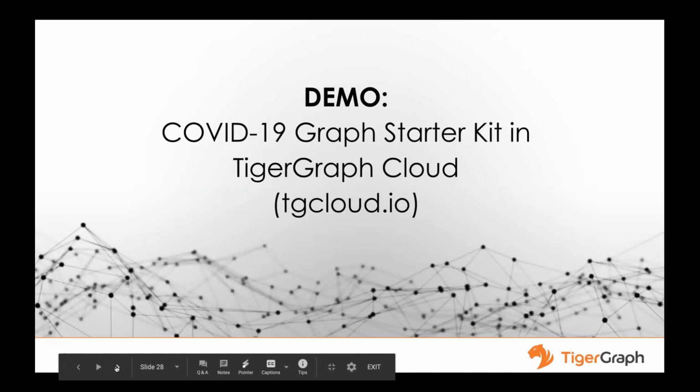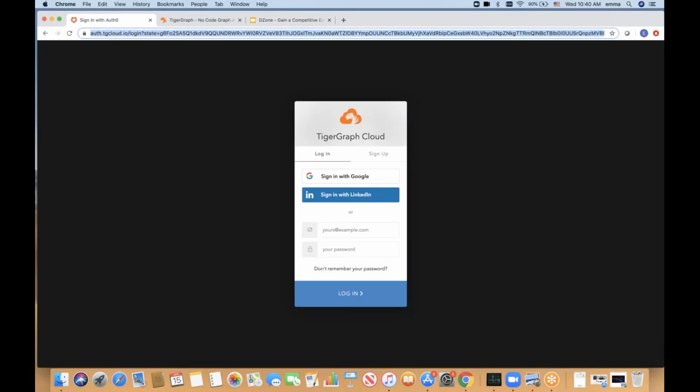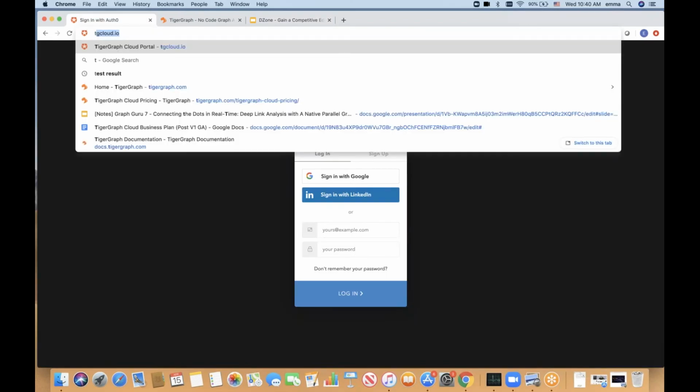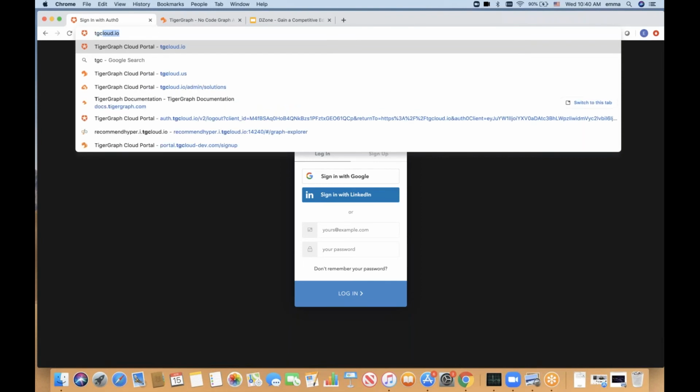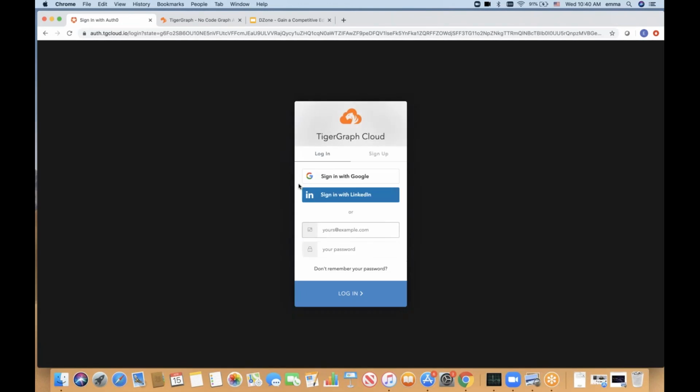All right, let me show you the use case from the TigerGraph Cloud platform. So this is our platform, tigergraph.tgcloud.io, and when you enter this, you'll get into our login page.